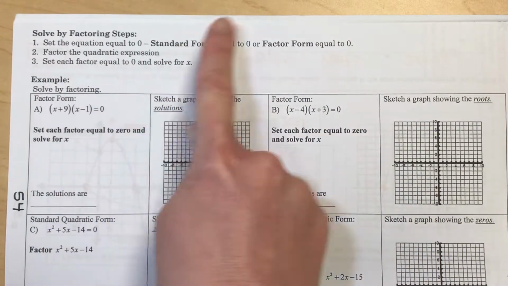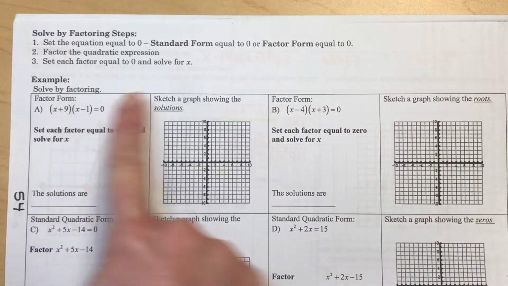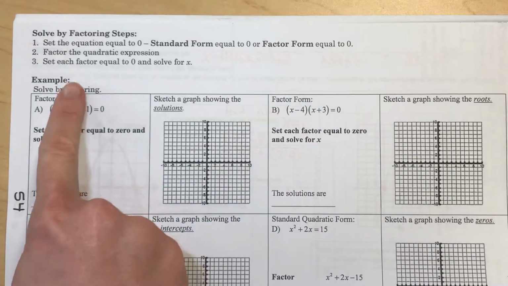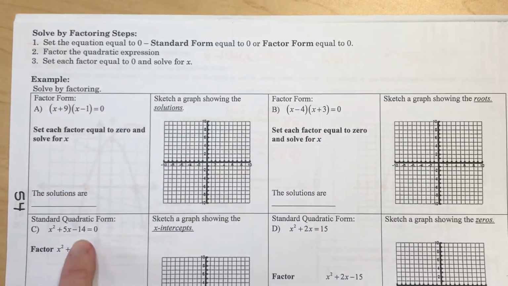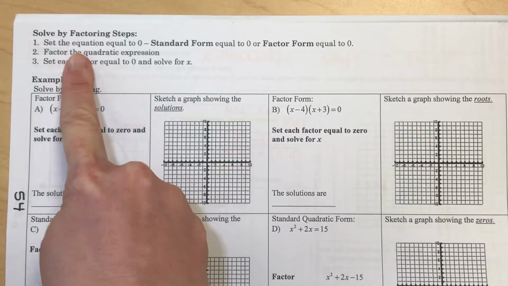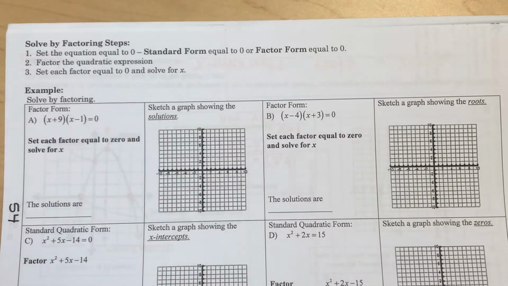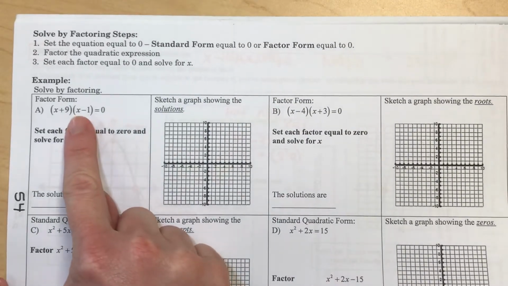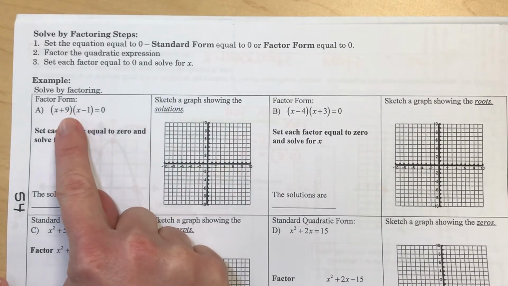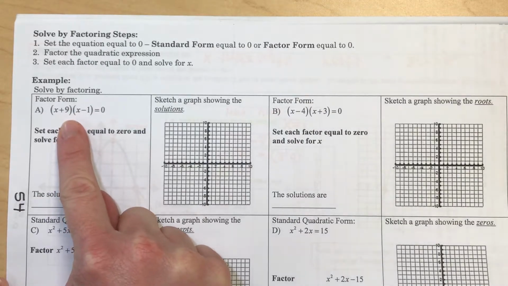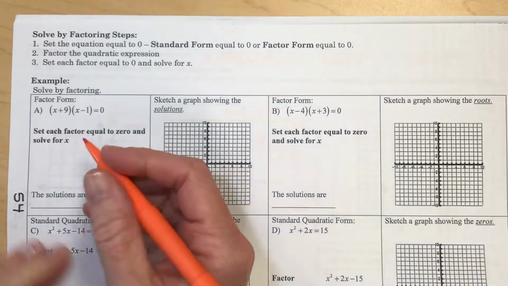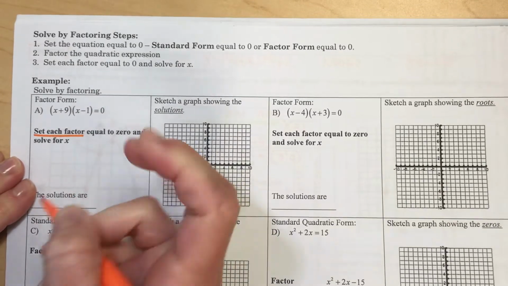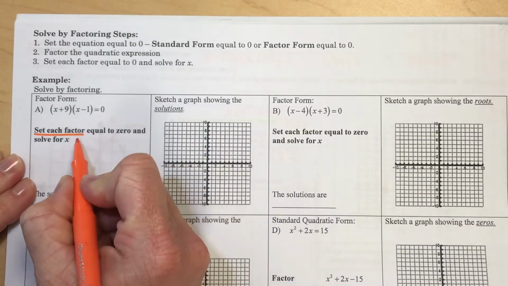And if it's not already factored for you, because notice how there are a couple here that are factored for us already, then we will just set our factors equal to 0. But if it's not factored for us, we have to factor and then set our equations equal to 0. So my favorite kind of solving is factored form here when it is already factored, because it's actually very quick and easy to solve. So set each factor equal to 0, and we're going to get 2 locations for our